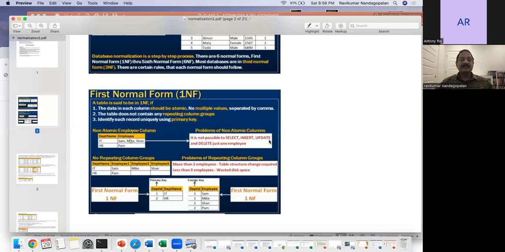So how do you avoid that? What you can do is increase the number of columns like this: department name, employee 1, employee 2, and employee 3. And then insert Sam into these column cells. So now, instead of 2 columns, we have 4 columns in the table. The first record consists of IT as a department name, and then Sam in employee 1, Mike in employee 2, and Sean in employee 3. And the next record is HR as a department name, Pam is the